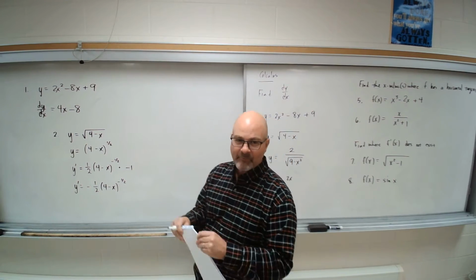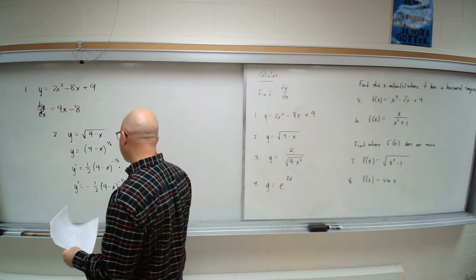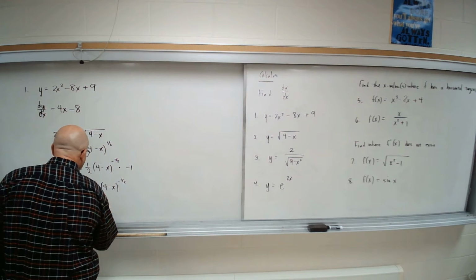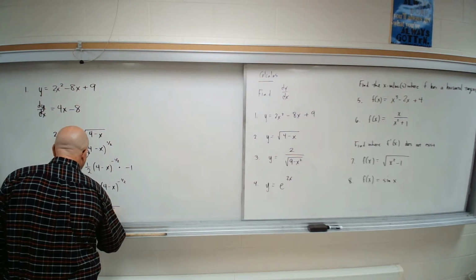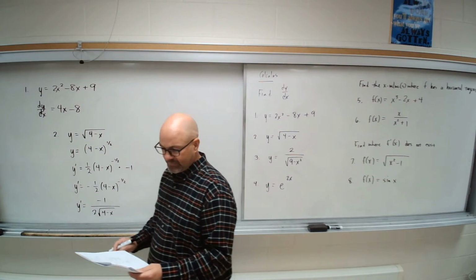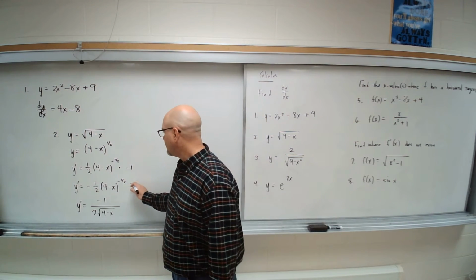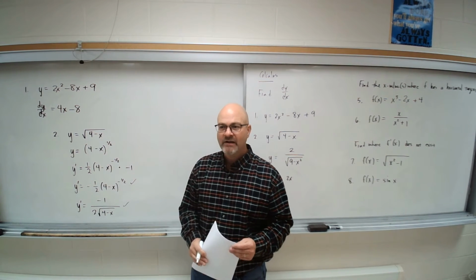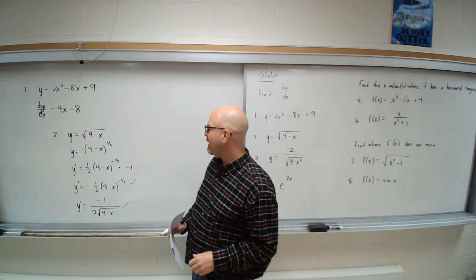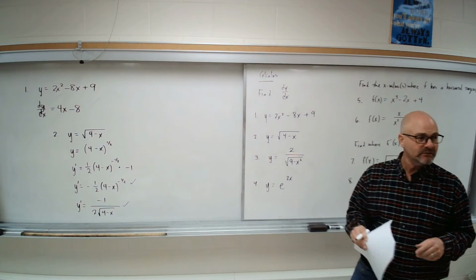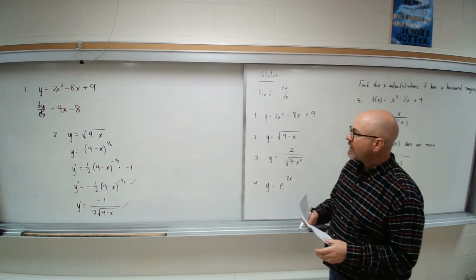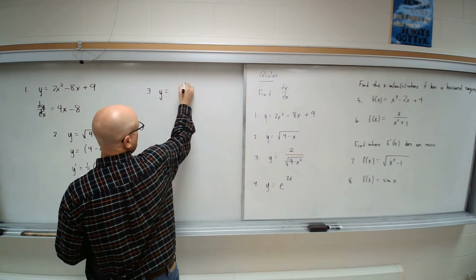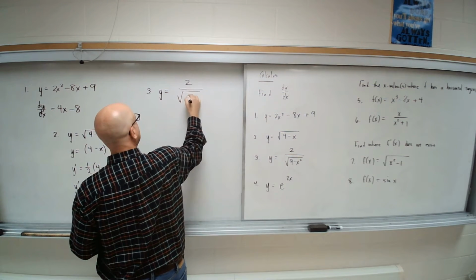it was a 4. On my key I wrote a 9 because I'm sloppy apparently. And then y prime would be, you could say, negative 1 over 2 times the square root of 4 minus x, if you wanted to. So either one of these would be fine. You probably should clean this one up a little bit there, right? You have a negative times a 1/2. We good there? Yep. All right,